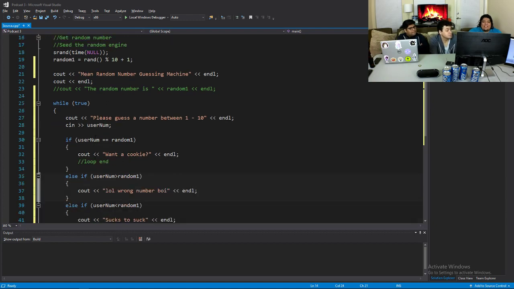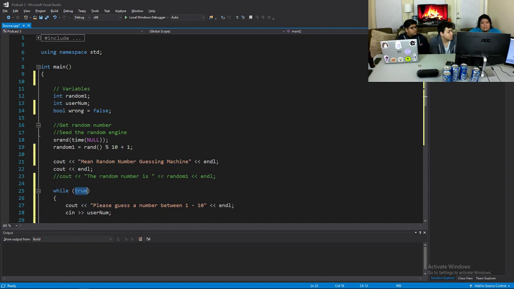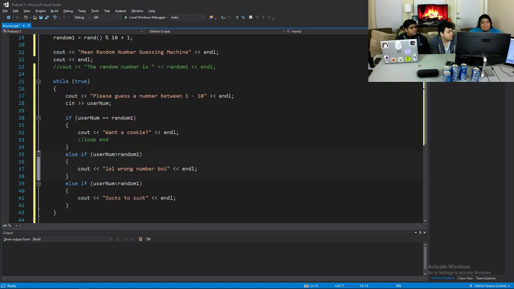So there's a not operator, right? It'll switch whatever's in front of it to the opposite. So if you have true, it'll switch it to false. If you have false, it'll switch it to true. So let's make this correct, right? So while you're not correct,